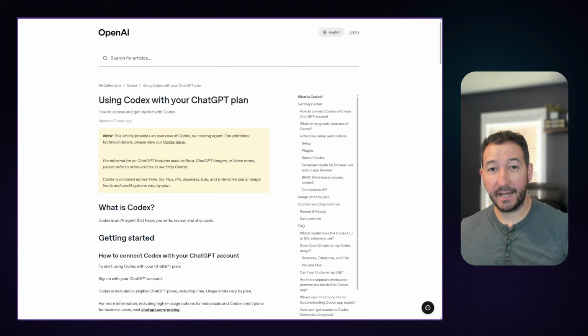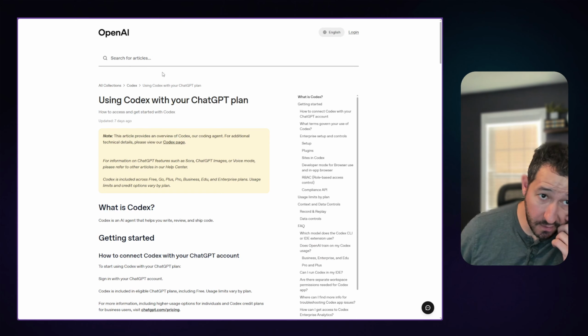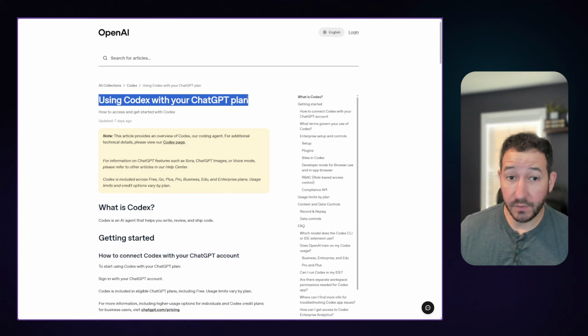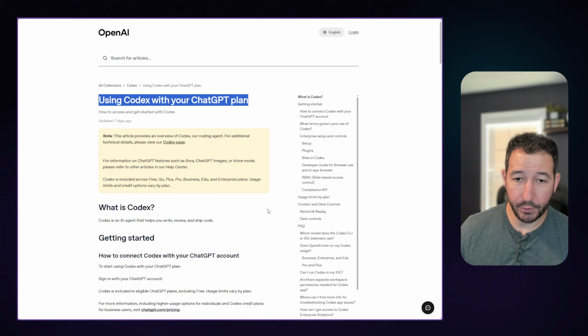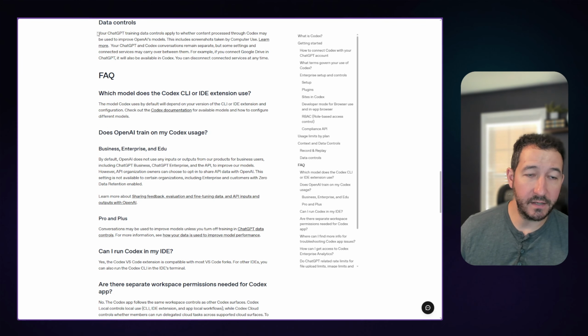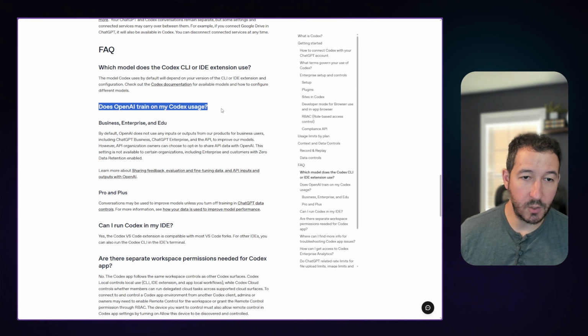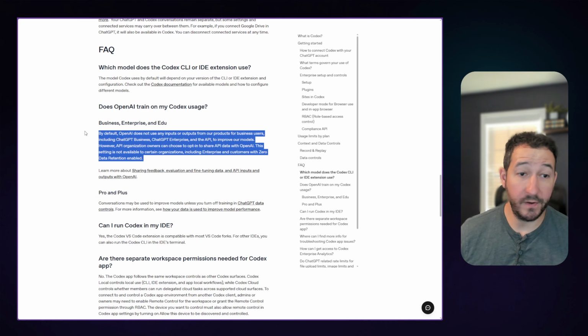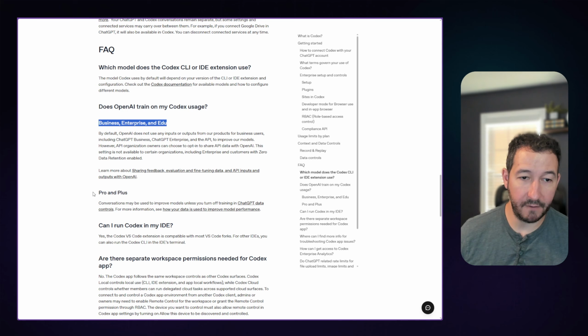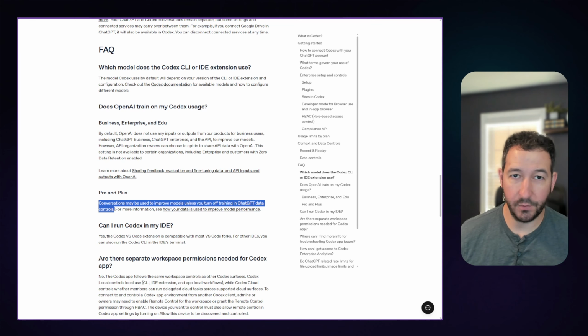The next step, as I further build this case, if you will, is another document from OpenAI, which says using Codex with your ChatGPT plan. That's exactly what I was just talking about. So if I go down here to data controls, again, this is ChatGPT with Codex, your training is on by default, right? If I come down a bit further, it says, does OpenAI train on Codex usage, business, enterprise, education? It says, no, we don't train, again, business, enterprise, education. But for Pro and Plus, it says you need to turn off training. Continuing to build this case here.